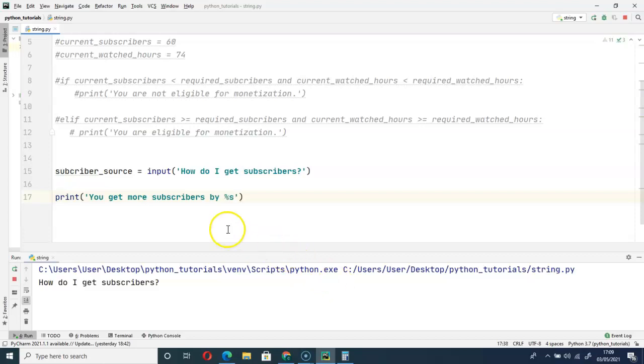This s represents string, that the answer we get from this question will be a string. So now I will repeat the percentage and then add this variable here. So by so doing, whatever answer I give to this question will be the value of this variable, and that value will be printed here.